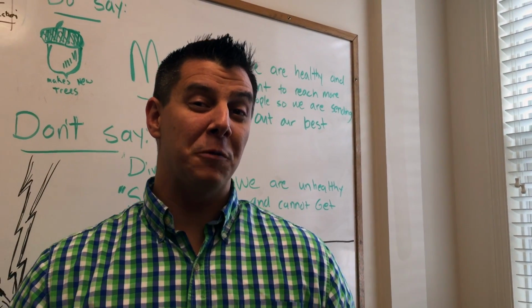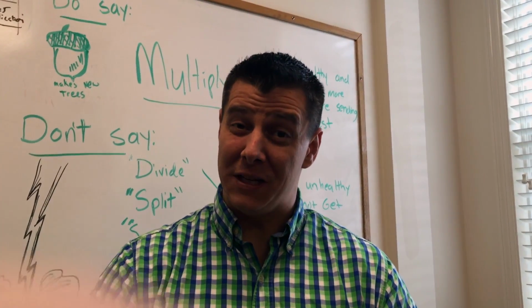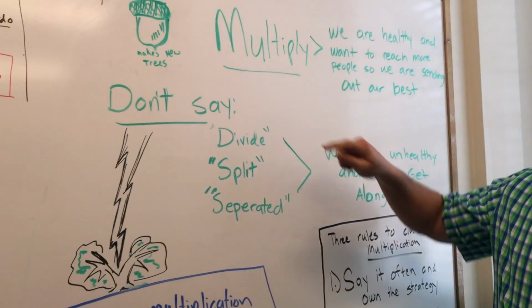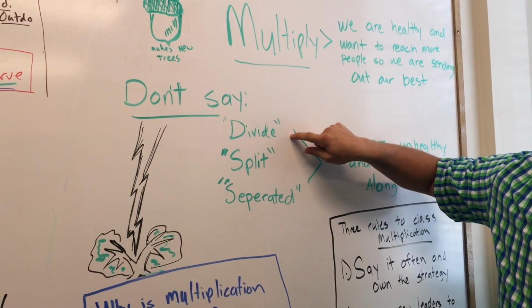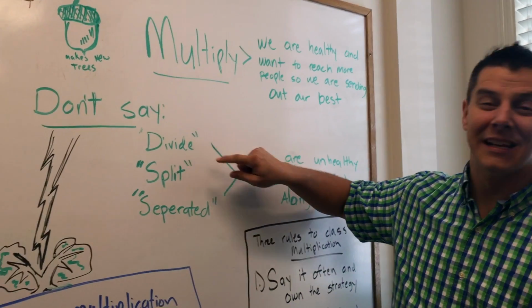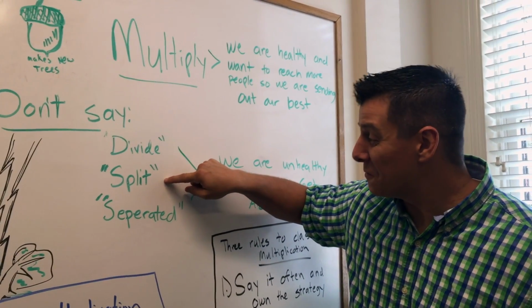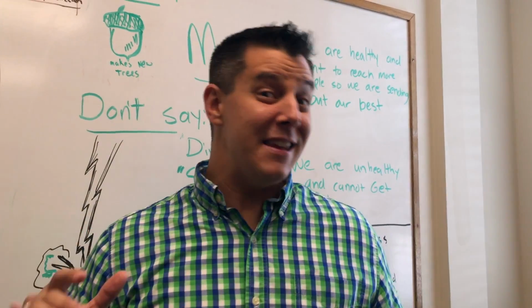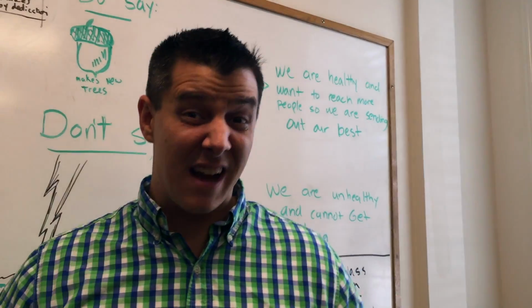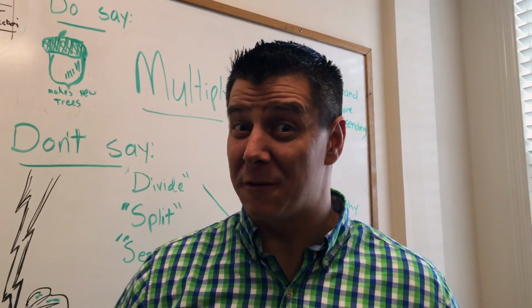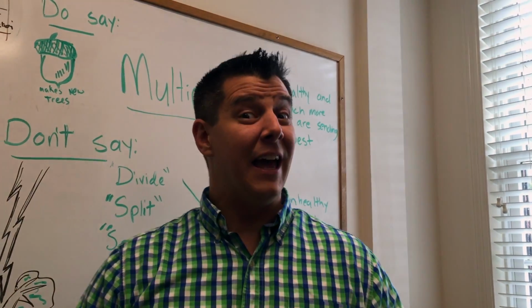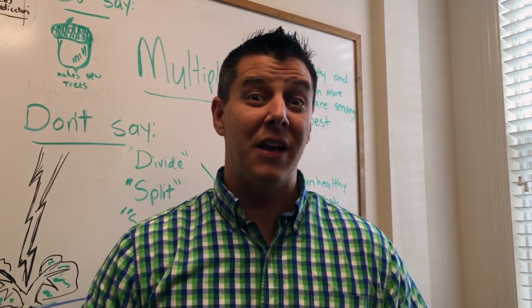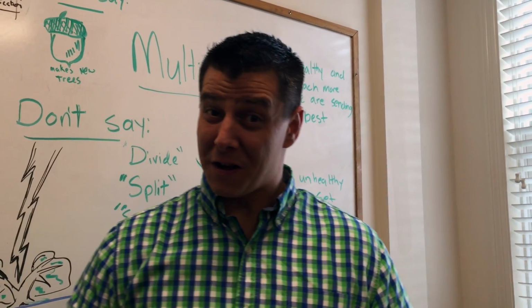So when we talk about multiplication, I want you to be real careful, especially if you teach a class age 40 and above, because sometimes we use words like this. Don't say divide. Ooh. Don't say split. Ouch. Don't say we separated. Come back. Anytime you say words like that, it brings negative feelings in the mind of your class, because lots of them came from small Southern Baptist churches and they've experienced divides, splits, and separations, and they're never good. It was because somebody got in a fight over where to put the casserole and everybody got upset and then the church split over it. That's not what we're talking about.